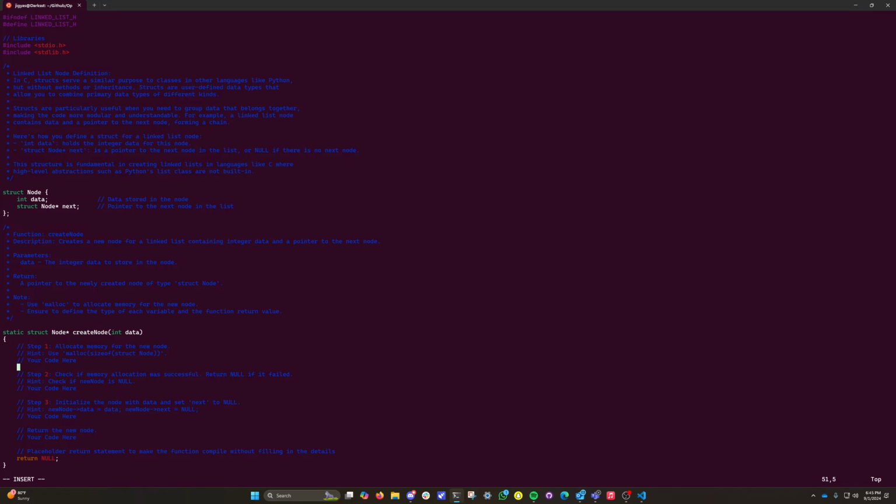So the first step says we need to allocate some memory for the new node. The program doesn't know how much memory is needed, so we call a function malloc. Malloc stands for memory allocation, and we need to pass in what amount